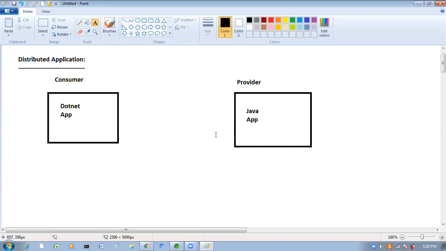Now the Java application will provide the services to the consumer application. This .NET application is going to consume the services which are provided by the Java application.